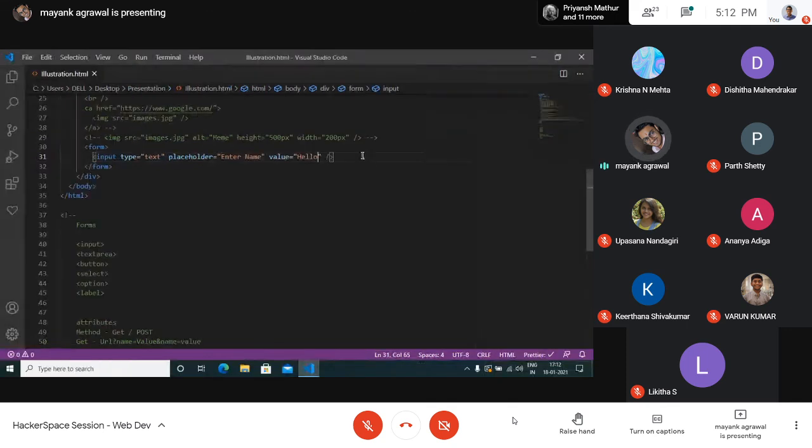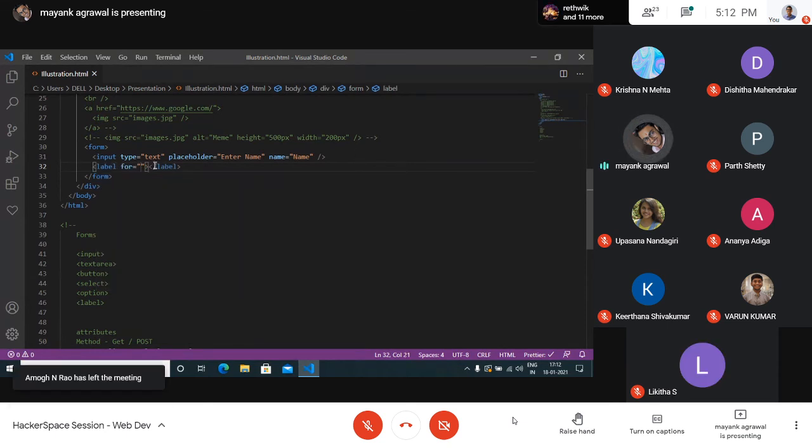Otherwise, I could add some label. In order to add some label to it, I'll have to first enter a name over here. I have to name this input tag with something. Say I name it as name, and then I open a label tag, label for, and then I have to mention this name over here.